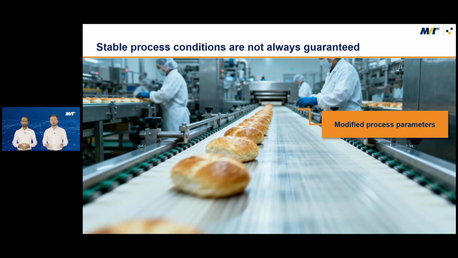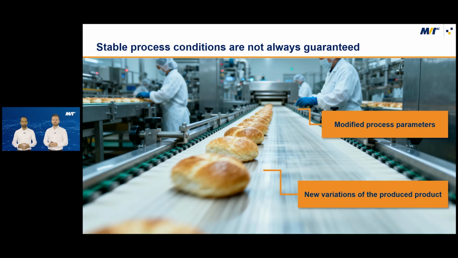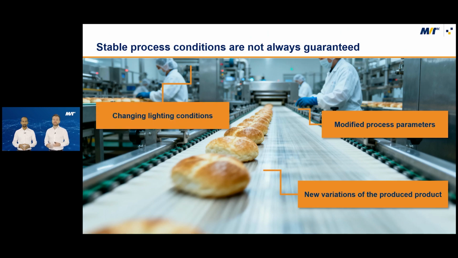But this modification of the oven temperature will affect the actual images that you take of your bread rolls, and therefore you might have to adjust your image processing check. For example, you have to adjust your deep learning model. Another problem is that you might want to produce a new type of bread roll that looks completely different from the previous type. Here too you have to adjust your image processing. Last but not least, you might experience changes in the lighting conditions, and here as well you have to adapt